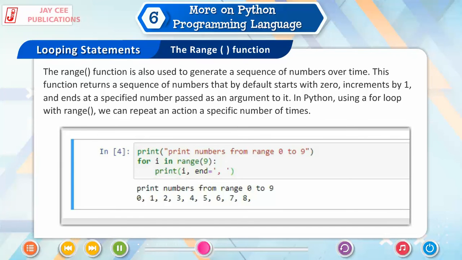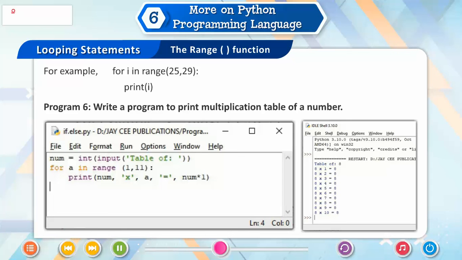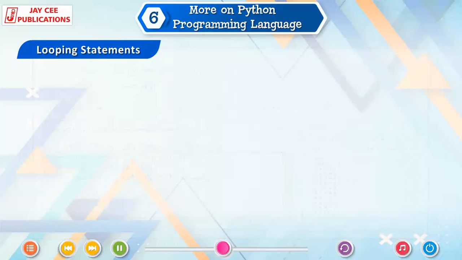This function returns a sequence of numbers that by default starts with 0, increments by 1, and ends at a specified number passed as an argument to it. In Python, using a for loop with range, we can repeat an action a specific number of times. For example, for i in range 25-29, print i. Program 6. Write a program to print the multiplication table of a number.